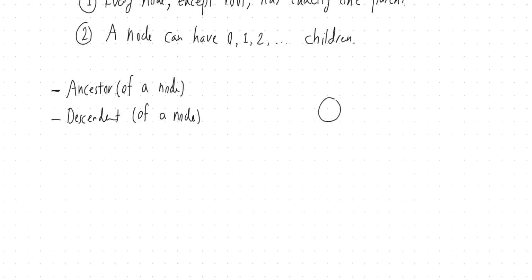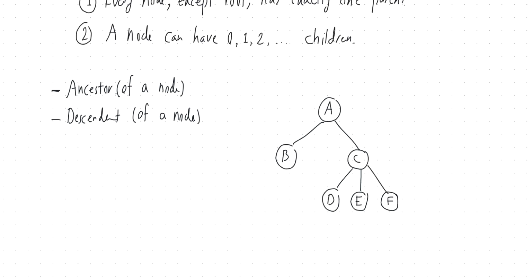So here's my example. We have A on the top, B and C, and then we have, let's say, here on this side, and I'm just naming these randomly. The order is not important at this moment. So D, E, F, and B goes to, say, H on this side, and G on this side, and finally, G has I as a child. Okay, so